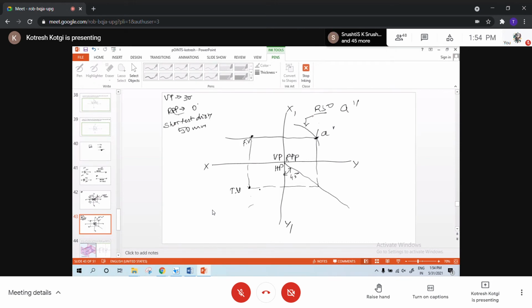So in this case, what have we done? We have drawn the top view, and then taken the horizontal projection, then the vertical projection, and then here the horizontal projection in the reverse direction like this. You're getting my point? This is what reverse engineering is: solving the problem in the reverse way.